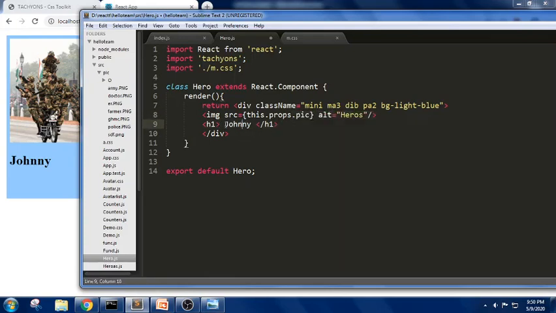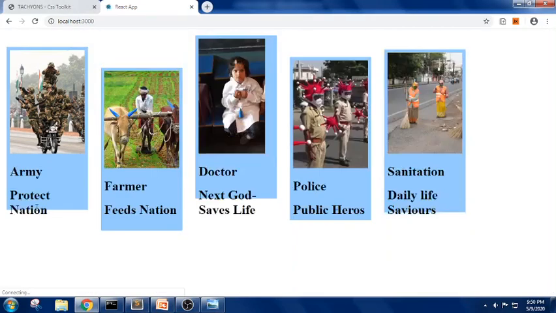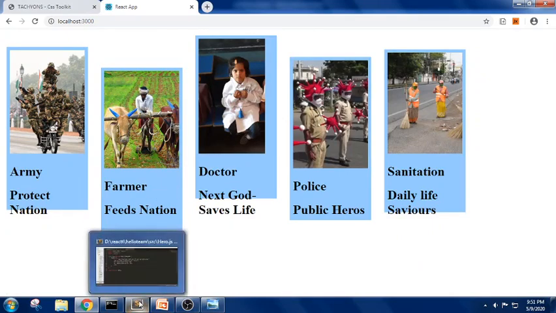Next one, here we will be writing the name, this dot props dot name. Next one, this dot props dot. So we are just trying to pass these values from the parent to the child component. Works. Let us check. Yes, we got it. Now let us increase the width of these files. So we got everything in the same format.